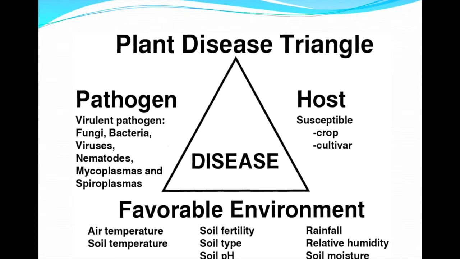The other good thing about diseases is that a lot of pathogens are very host specific. So you might have a particular bacterial pathogen that will only attack one cultivar of a particular type of plant. And if you remember, go back to what a cultivar is. It's a particular type of plant that we're cultivating for a specific reason.